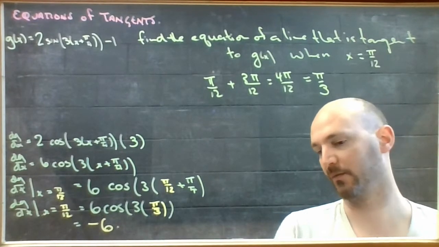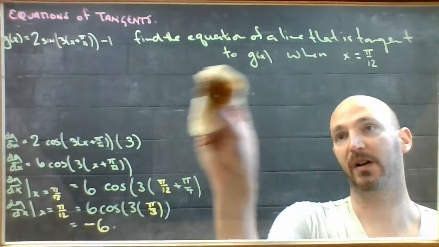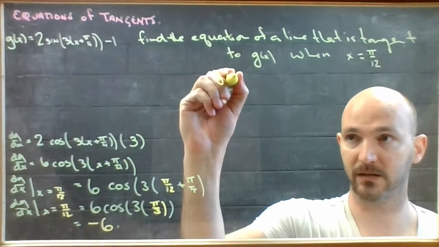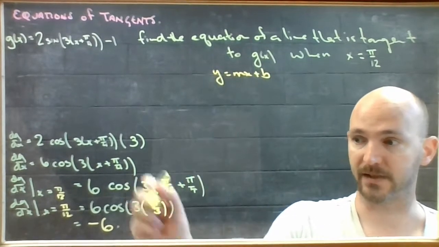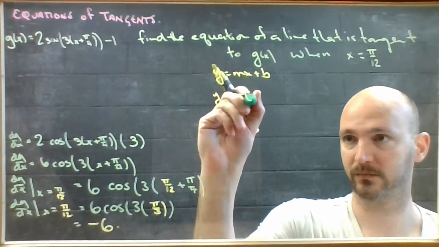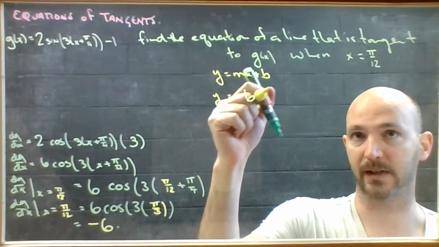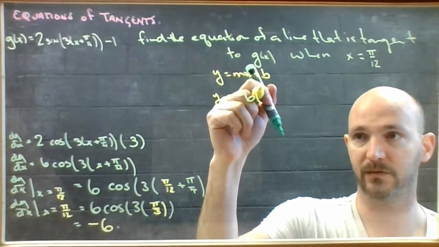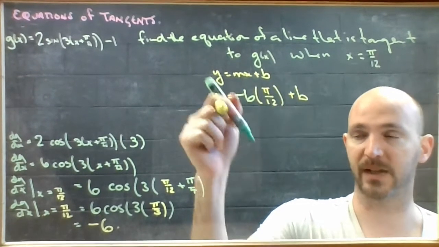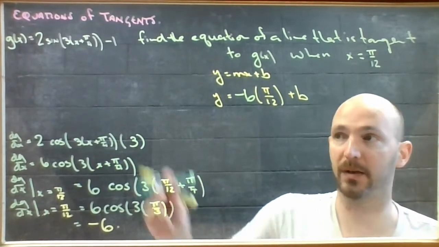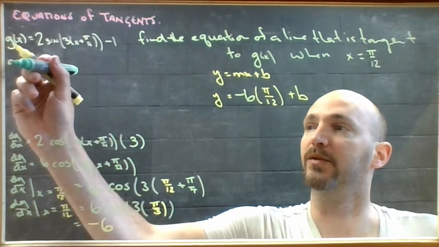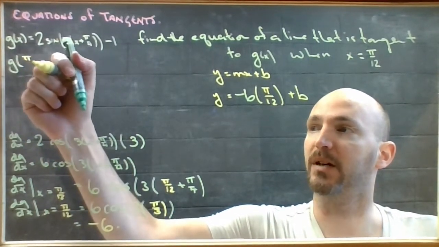Okay, so far I have my tangent, y equals mx plus b, has a slope of negative 6 when x is pi over 12. I don't know my y-intercept, I don't have a y value yet. So I'm going to plunk my pi over 12 up into here. So g at pi over 12